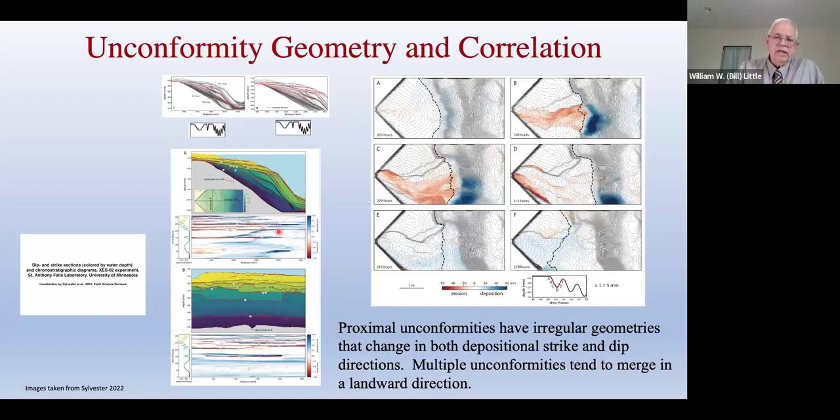There's non-deposition that increases deposition toward the land from the marine section. If we're looking at the strike section, these are pretty much horizontal, because we're looking along the coast rather than from land out into the basin. But also, something to keep in mind is that,